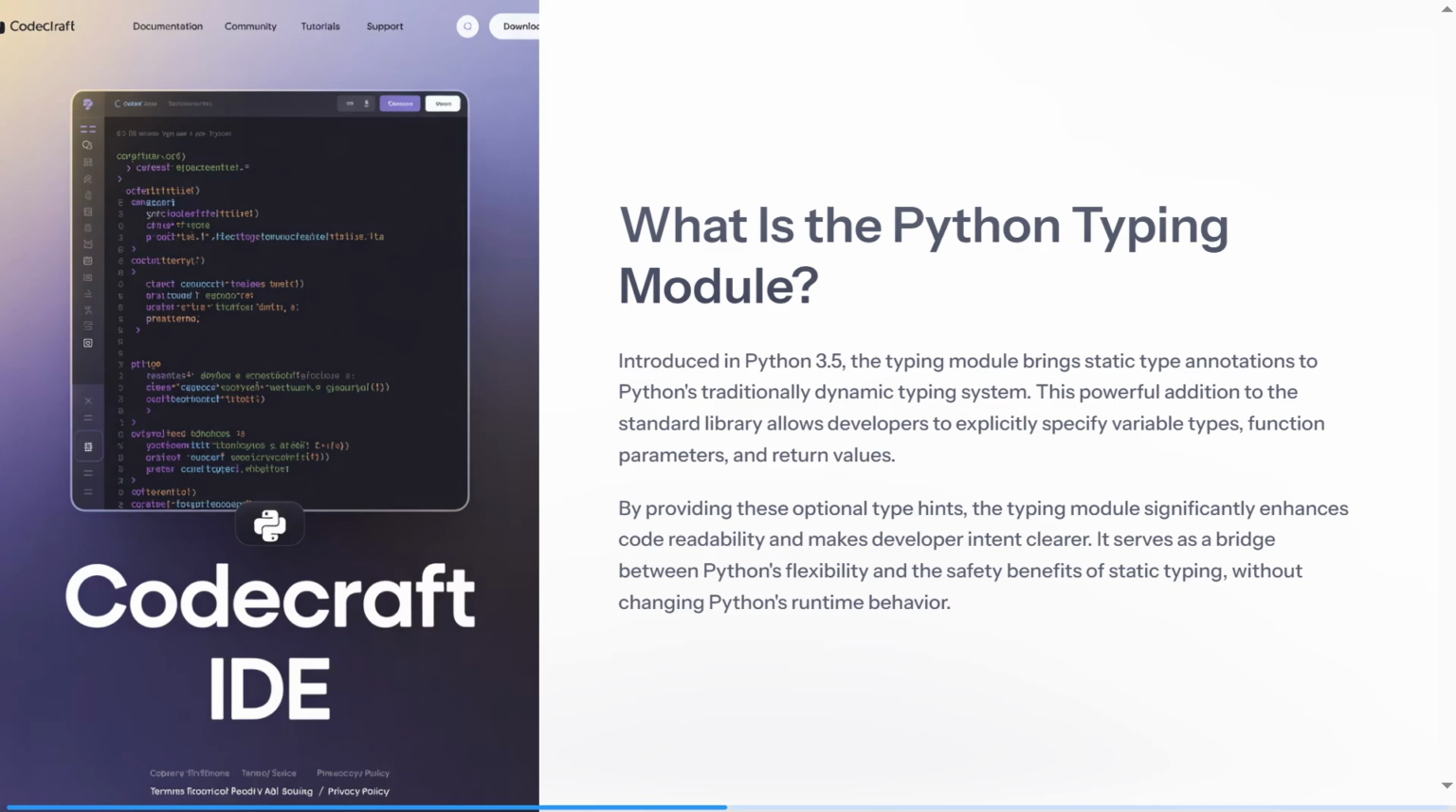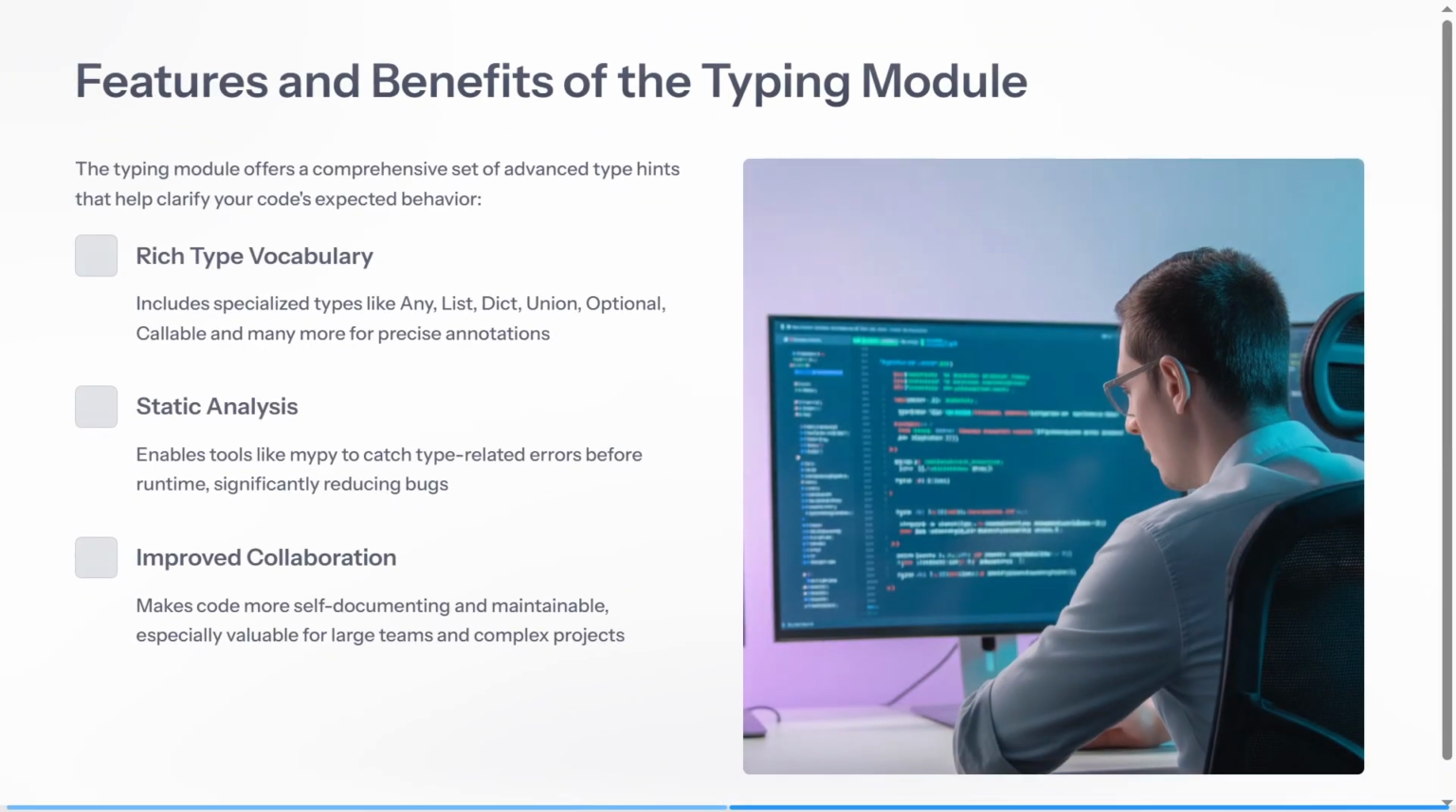and also return values. By providing these optional type hints, the typing module significantly enhances code readability and makes developer intent clearer, and it serves as a bridge between Python's flexibility and the safety benefits of static typing without changing Python's runtime behavior. We also have here the features and benefits of the typing module. It is a rich type vocabulary which includes specialized types like Any, List, Dict, Union, Optional, Callable, and many more